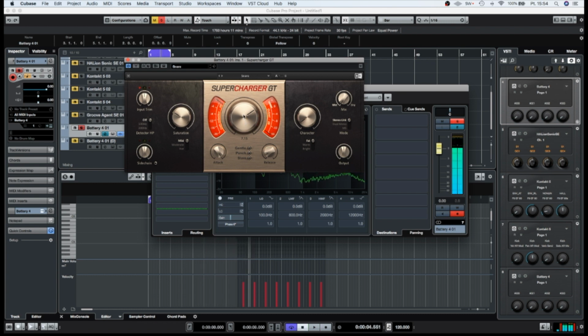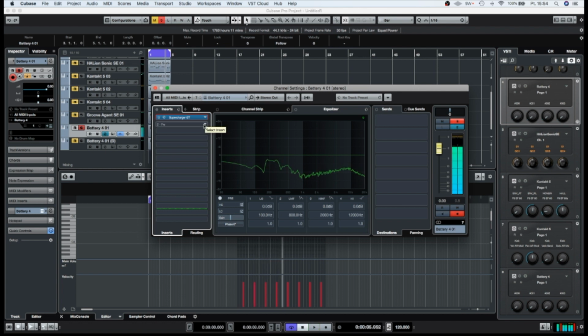Okay, so we already have this really nice attack. A little bit too much, so I will lower the compression. I will give a little bit more of fatness, a little bit more saturation. Let's listen to it now. Okay, without. That's pretty nice. And because, as you can see, there's a lot of information in the low end,